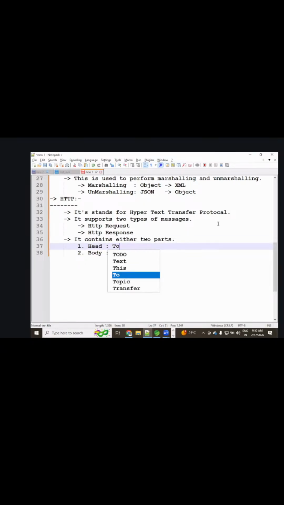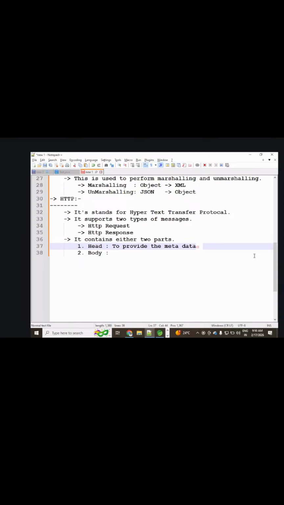Head provides what? To provide the metadata. Metadata means what? Data about data. It is called metadata.